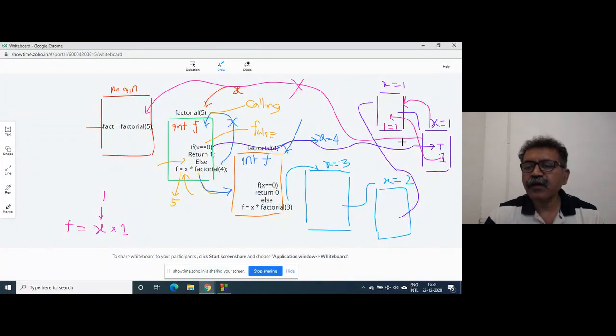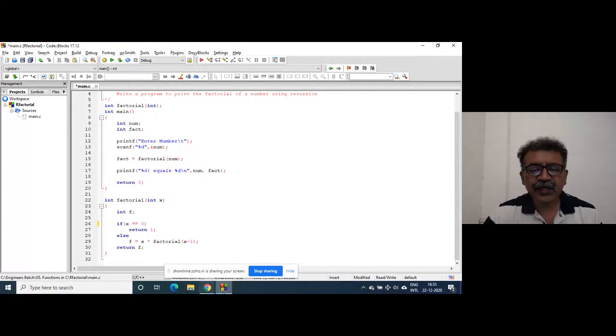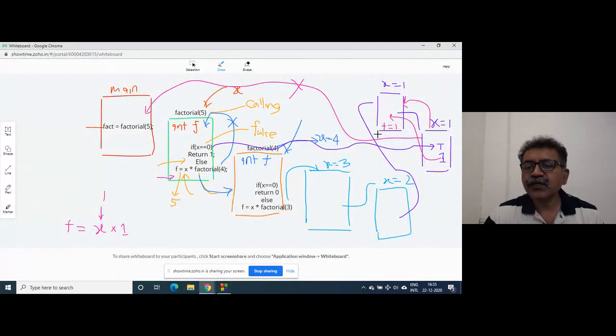Since the same code is here, in each function block there is a statement called return f, right? So this f, what is f? 1.